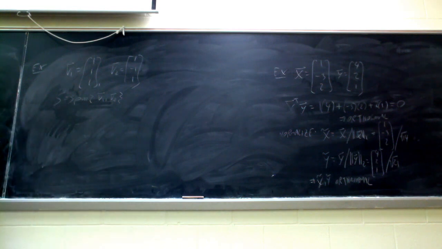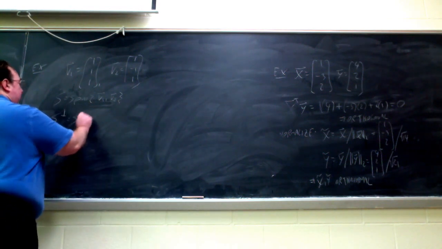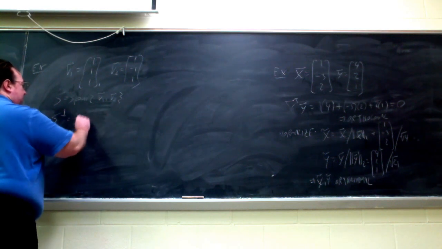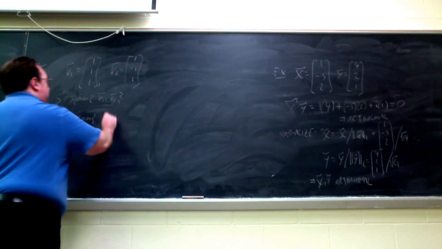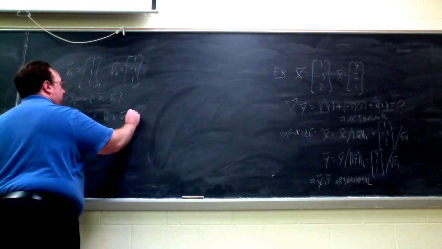Now, who remembers from calculus, if you have 2 vectors in 3-dimensional space, how can you find a vector that's orthogonal to both of them? What operation lets you do that? Cross product. Yes, it's cross product. So S perp can be defined as the span of V1 cross product V2,